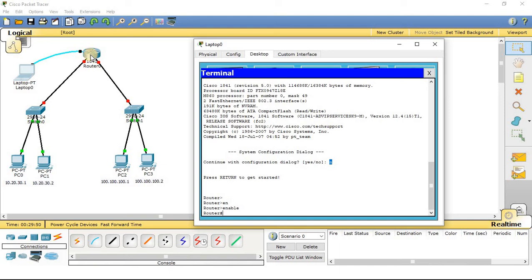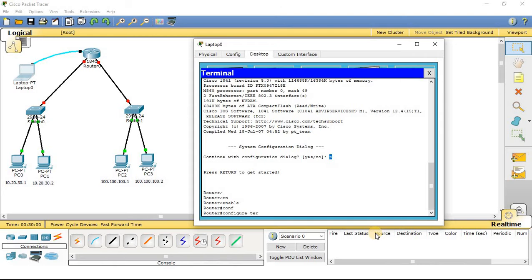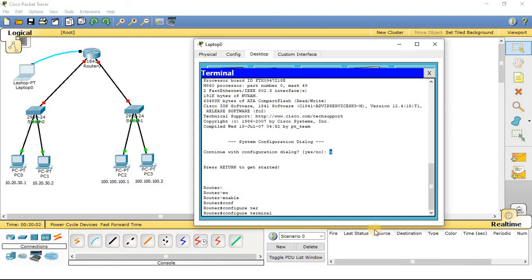So to configure this router, I also have to move to configuration mode. So the command that I will use is configure terminal. Write down the command in your notebook. To move into configuration mode, you have to use this particular command, configure terminal. So first you have to enable this router by writing enable.